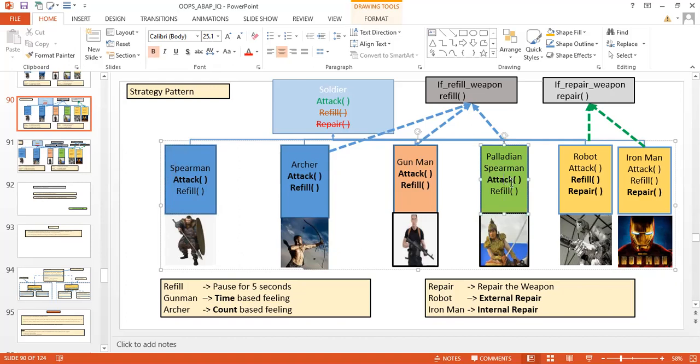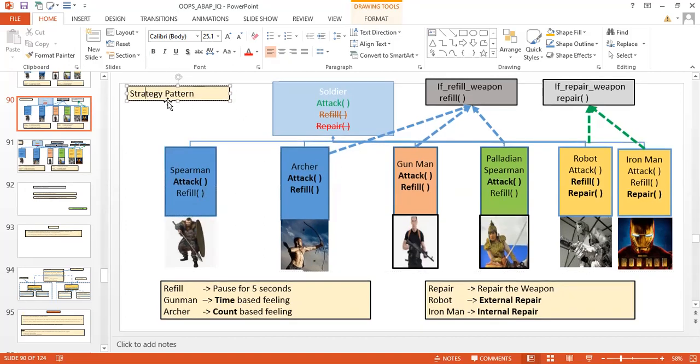Suppose I don't want to implement this refill method in the superclass, but I can implement it in the subclass, right? Correct, and that's where the Liskov substitution is failing. If we implement it in the superclass, it will be reflected in all the subclasses. So we have to implement only in the subclass, right? Yeah, but then you are violating the Liskov substitution, and for that purpose you have to go for the strategy design pattern in order to not violate the Liskov substitution principle.